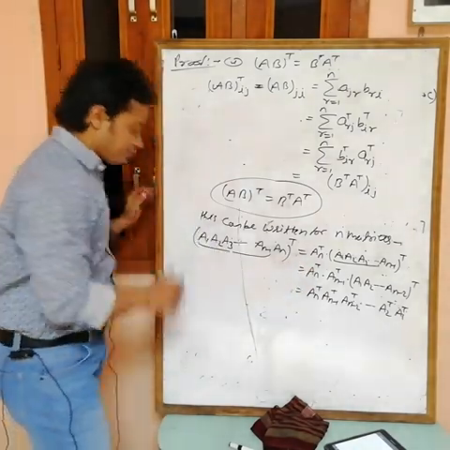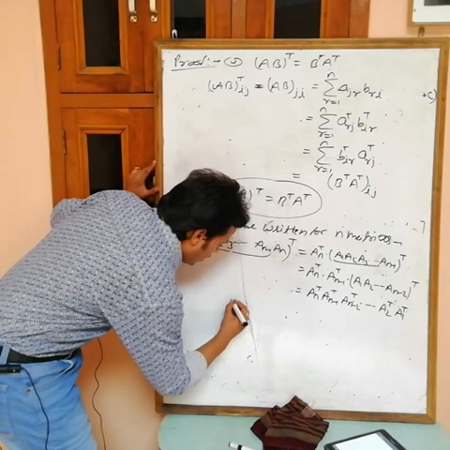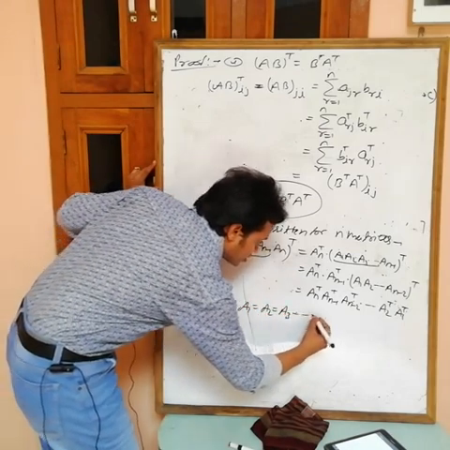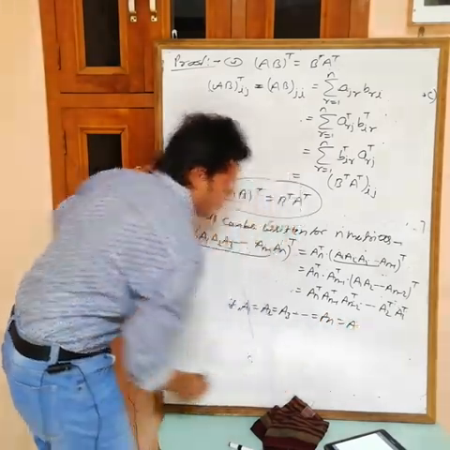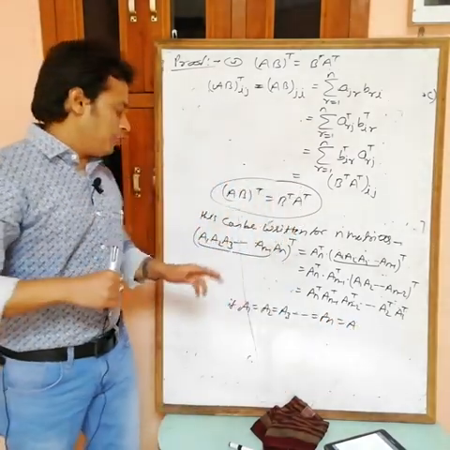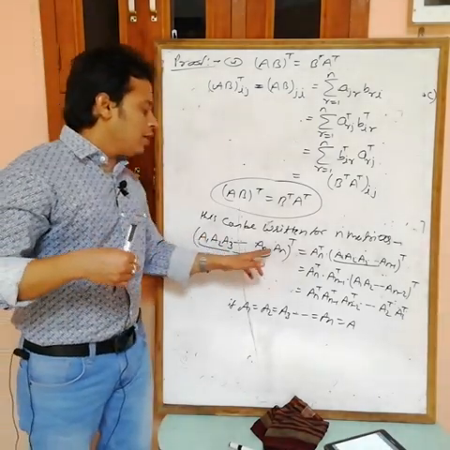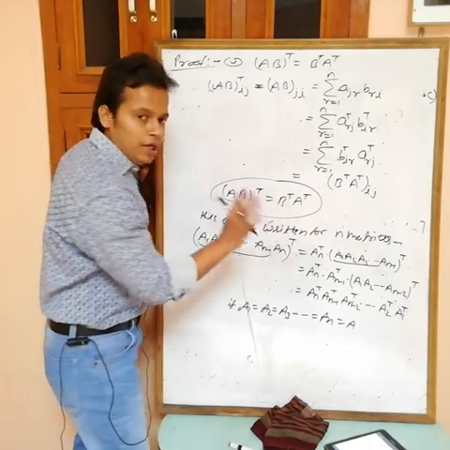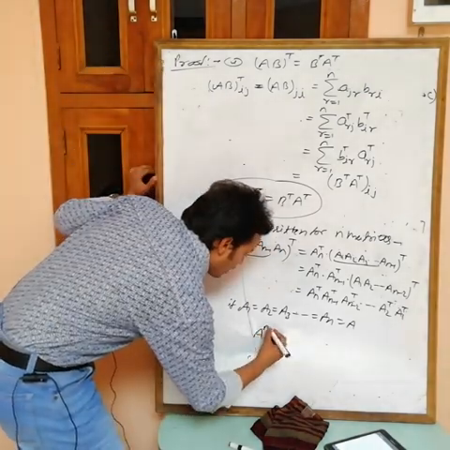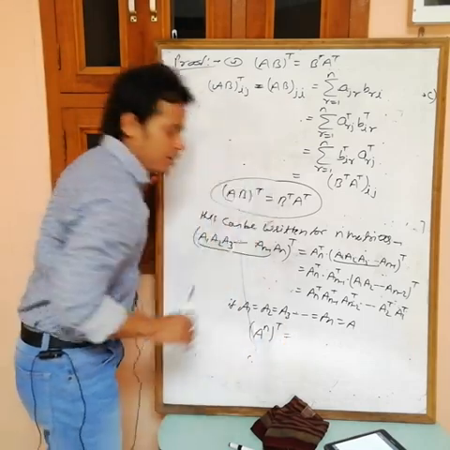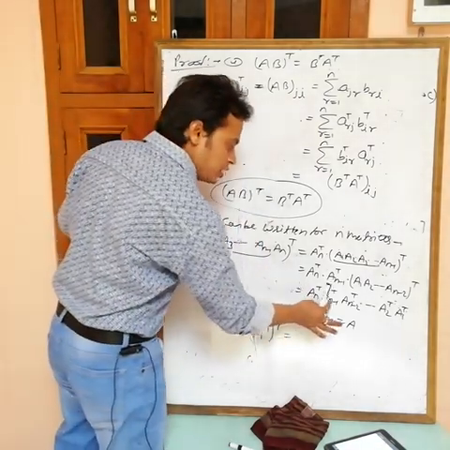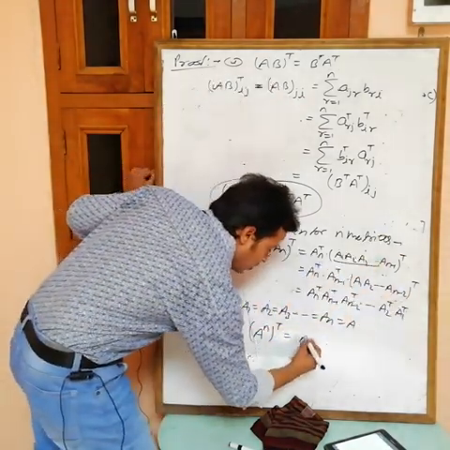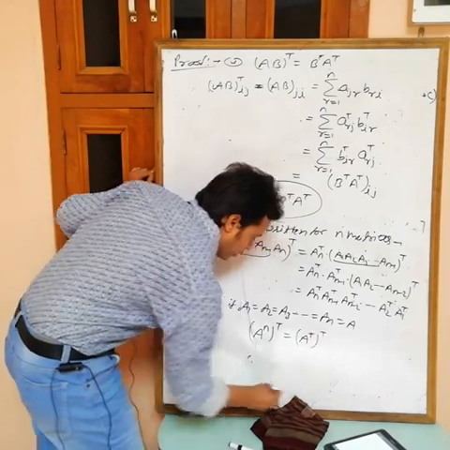Now again, in this one, if you put A1 equals A2 equals A3 equals An equals A, that is, if you replace all of A1, A2, A3, An minus 1, An with A, then what will you get? A into A into A into A, n times, so (A power n) transpose is equal to A transpose into A transpose into A transpose into A transpose, n times, so A transpose power n. Okay, now the last result.